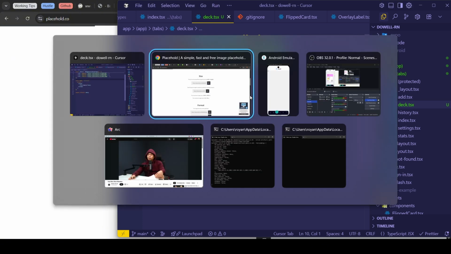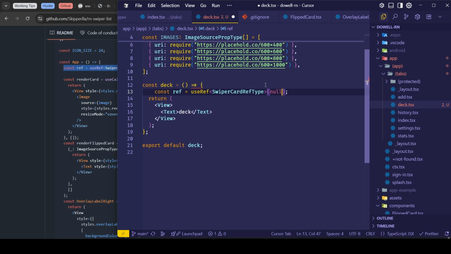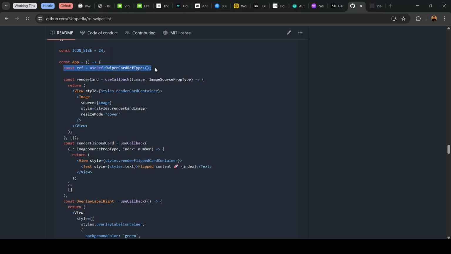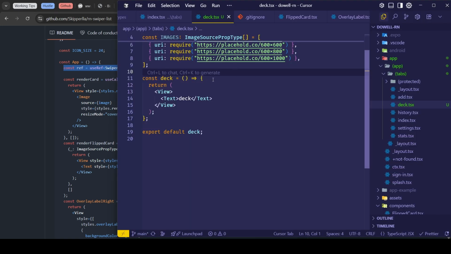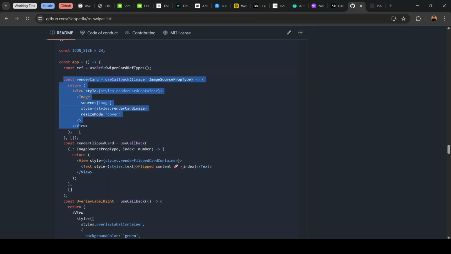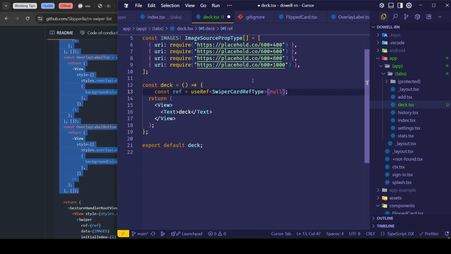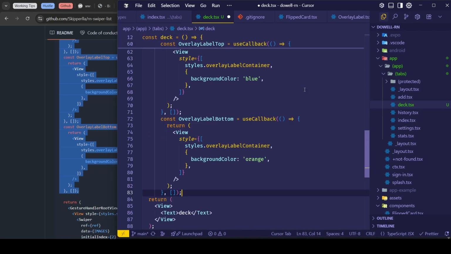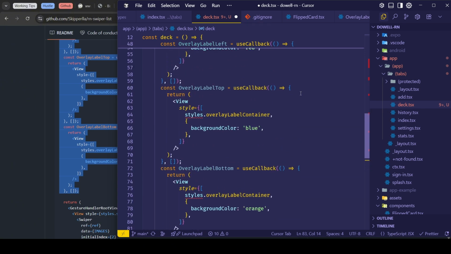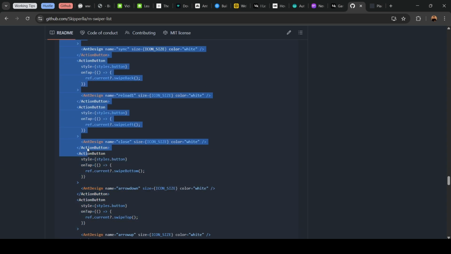Then we copy for this example, inside the component, this variable useRef, and render in here. This is a split component, so we can just copy the return with gesture and view.